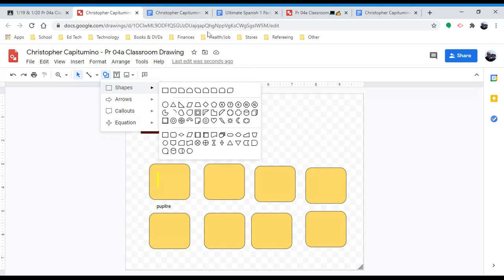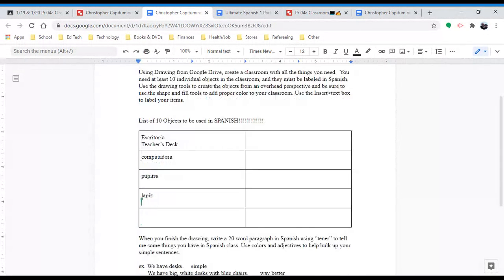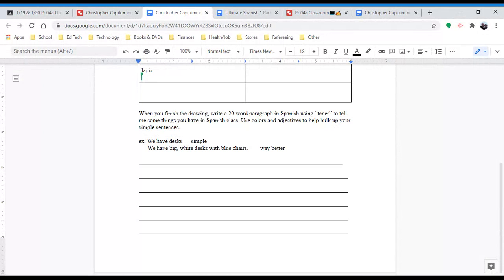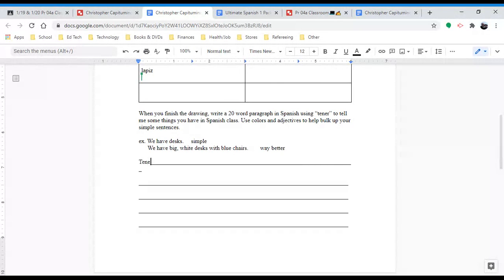Once you're finished and you have all 10 labeled, the final part of the project is for you to come back to the direction sheet, and now you're going to write a little 20-word paragraph talking about what you have in your room. So use tener. You can either use tengo to say I have, or if you want to make it a we have sentence, you can use tenemos. But keep it basic and simple. So tenemos